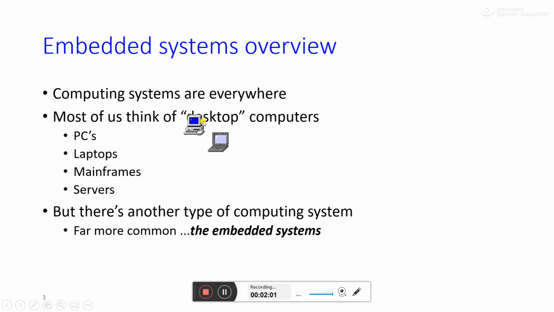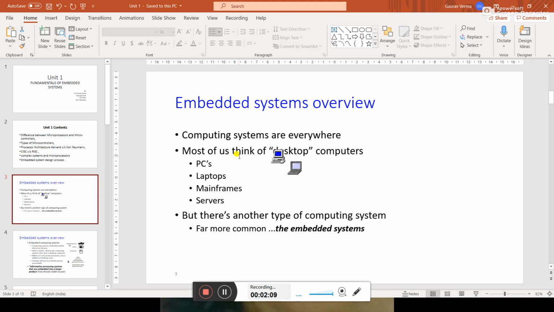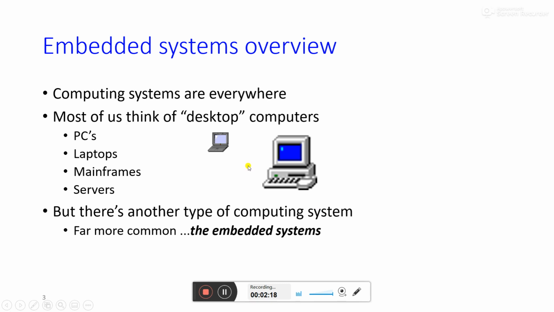So computing systems are everywhere. Most of us think of desktop computers. You know about this type of desktop architecture. Many of you have used laptops and desktops. Here you can see how laptops and desktops are used, and you also know about mainframe systems. You also know about servers. The point is that all these things are not embedded systems,